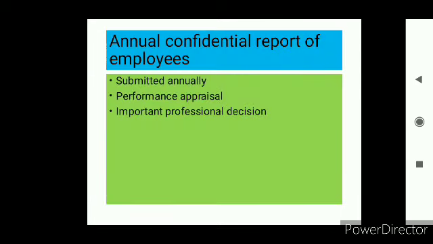Next comes the annual confidential report of the employees. Now this is a report which was actually given to you all in the school days, and still it is given after your semester. So it's about the performance report, your annual performance report. Now in the company, what happens is, as the name suggests, these reports are submitted annually by the controlling officers about their subordinates, about their employees.